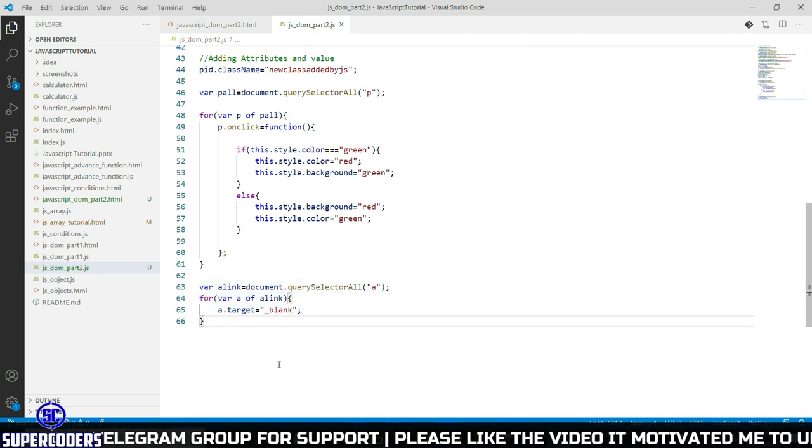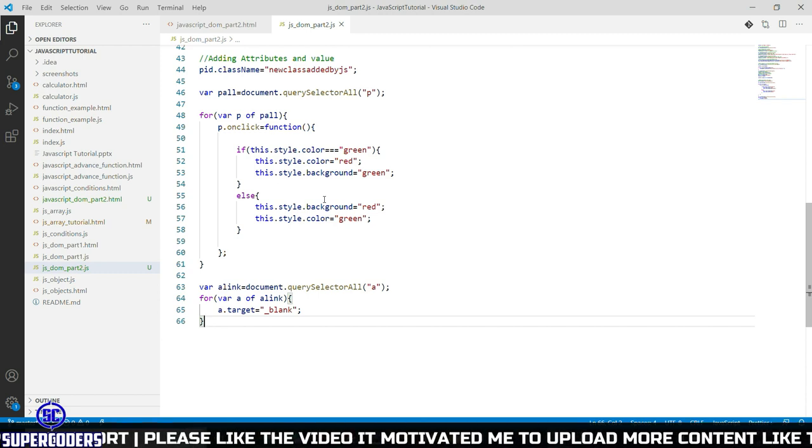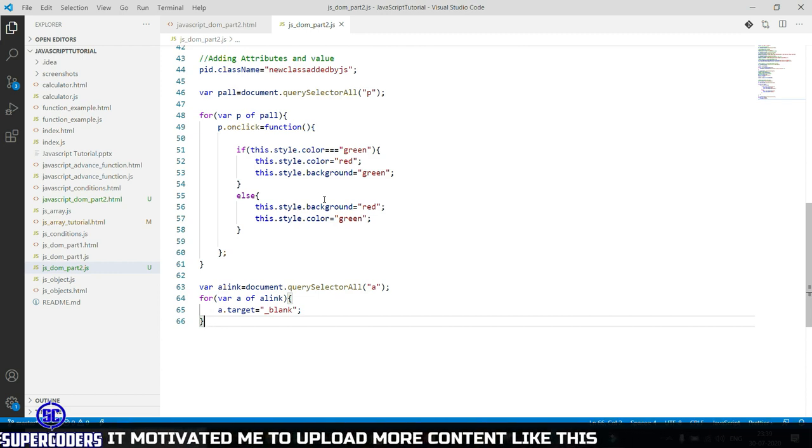In this way you can add attributes in HTML tags with some values, change style. So that's the importance of JavaScript. You can manipulate HTML code, add properties, add tags, extract data, add data. You can do anything using JavaScript.